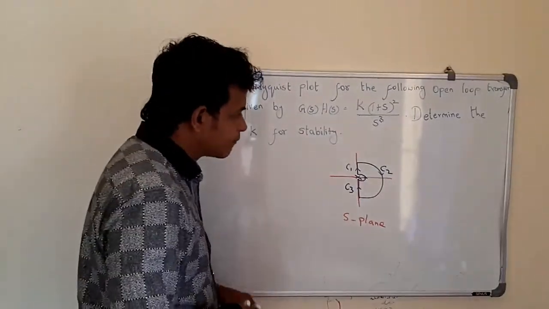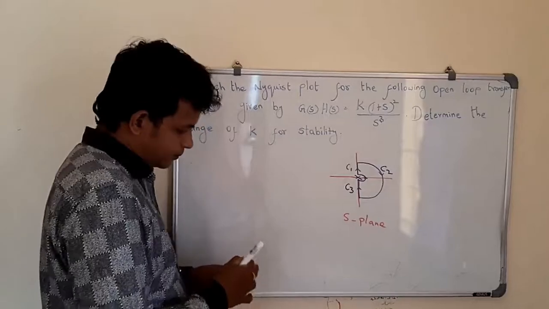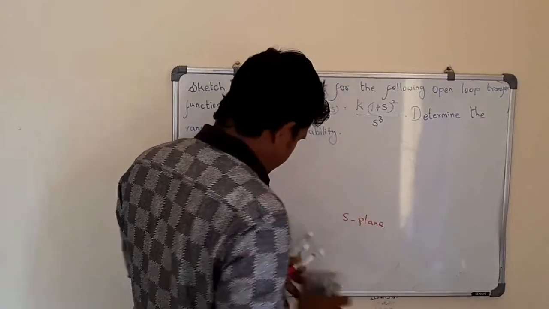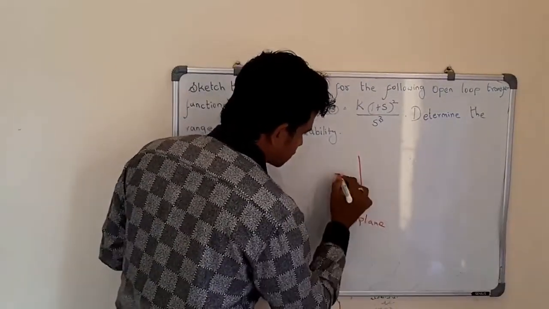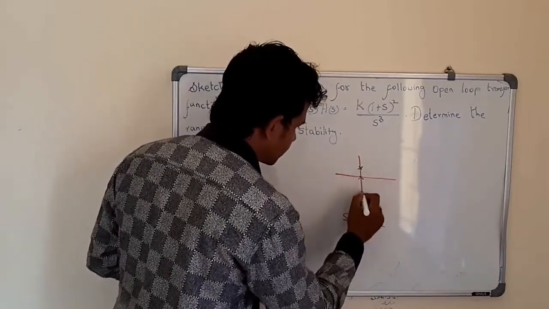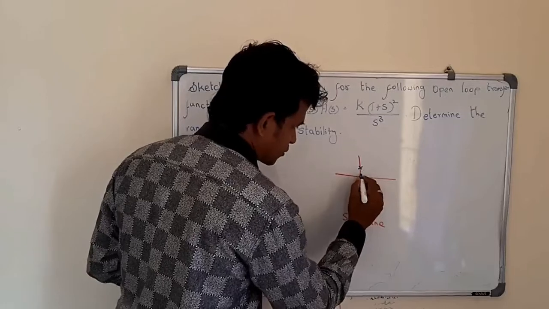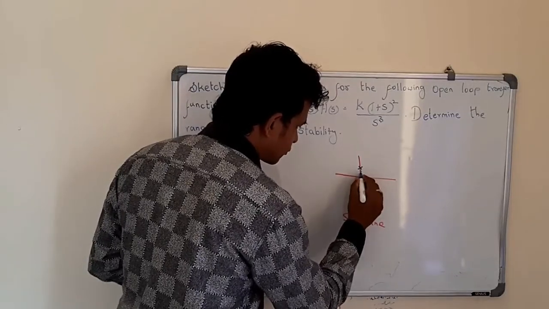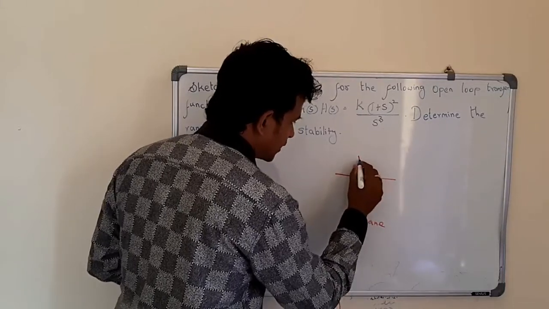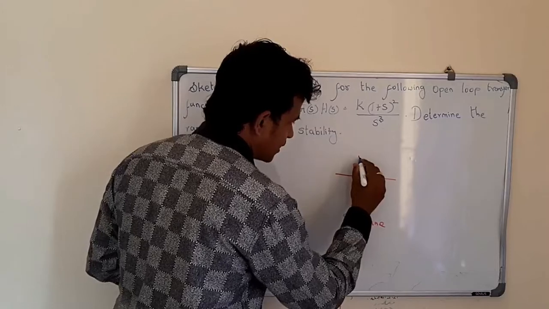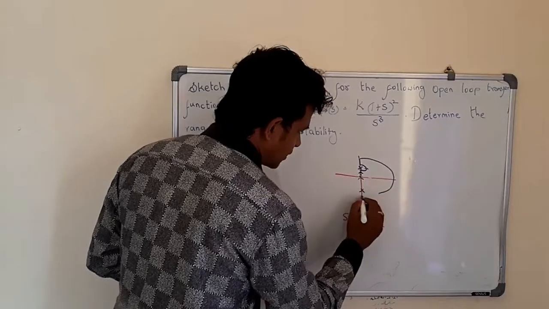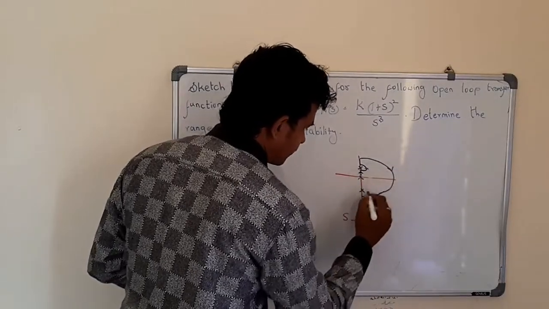One more example, for understanding more poles on the imaginary axis. This is the S plane, and let us assume that we have poles at the origin and also at this point and this point. Then we will have the Nyquist contour starting from 0 plus and reaching up to this point in this direction, and there is an arc with radius 0, and it goes up to infinity plus, and there is an arc varying from pi by 2 to minus pi by 2 with a radius of infinity.